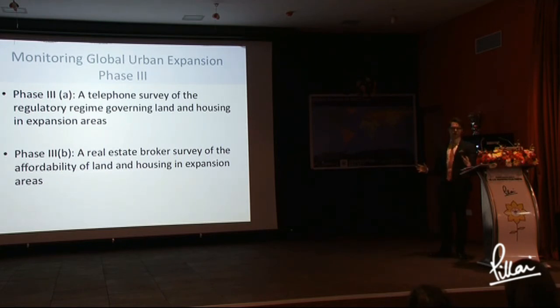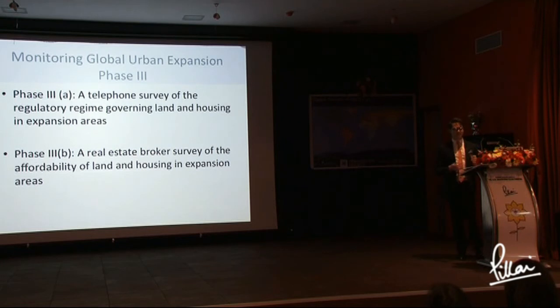So why does this matter? Well, what this means is we can make a convincing case for laying out networks of arterial roads and public open space in advance of development. We will be able to say conclusively, with these policy interventions, you will have better results. Right now is a unique time to be affecting the urban agenda.